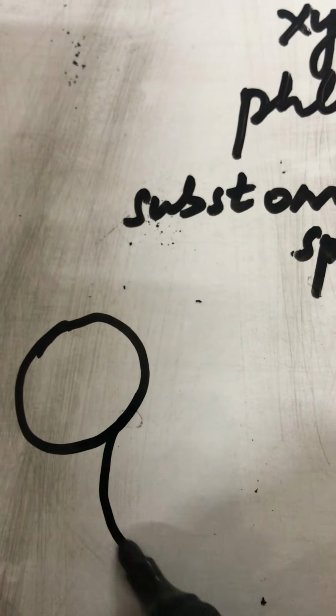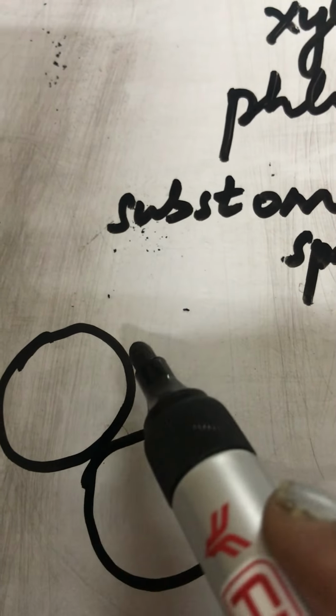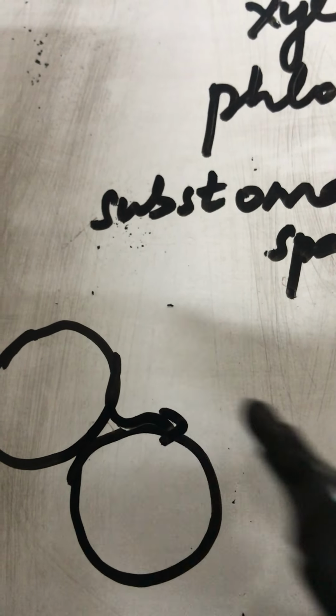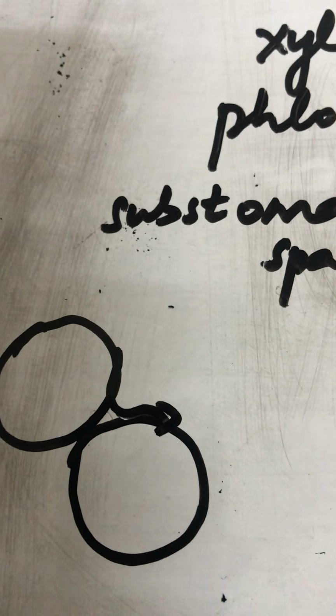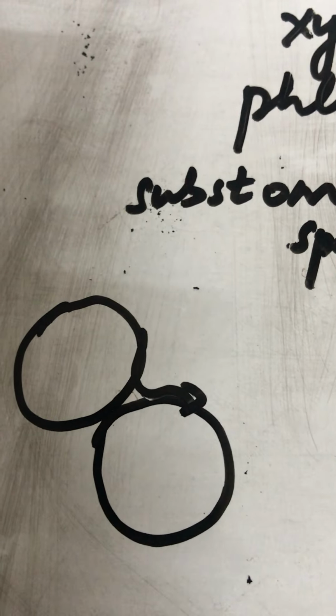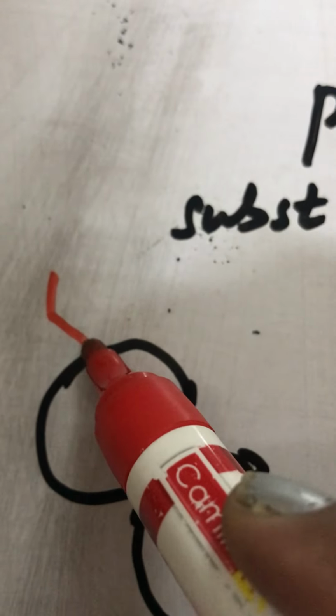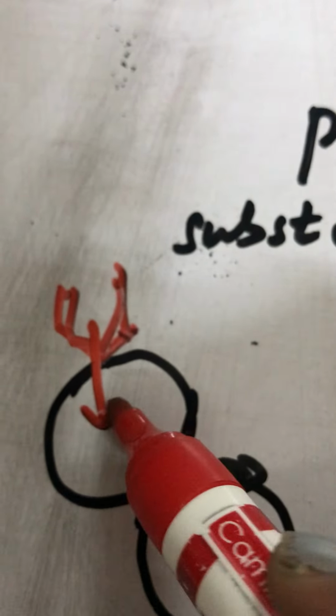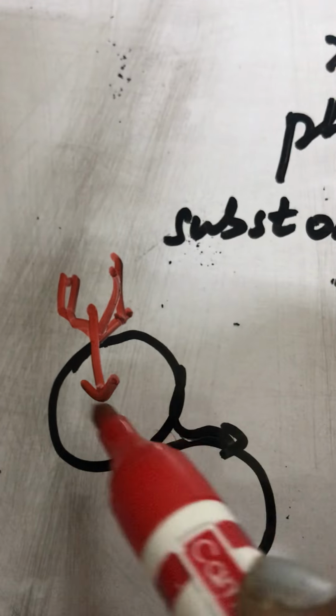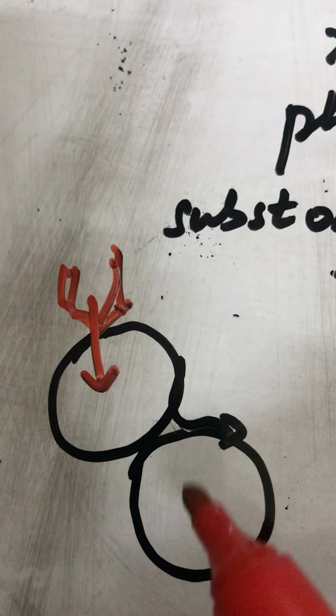If this is one spongy cell, this is other spongy cell. Along the cell walls, water moves by imbibition. So this is one way in which water is moving. Then as this cell, say this was close to the xylem vessel, this xylem vessel gave it some water. This cell became more turgid as compared to the next spongy cell.